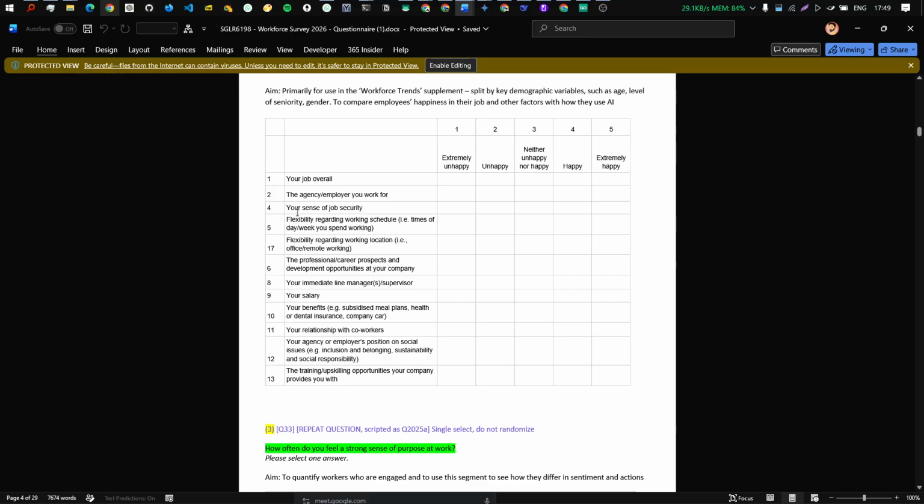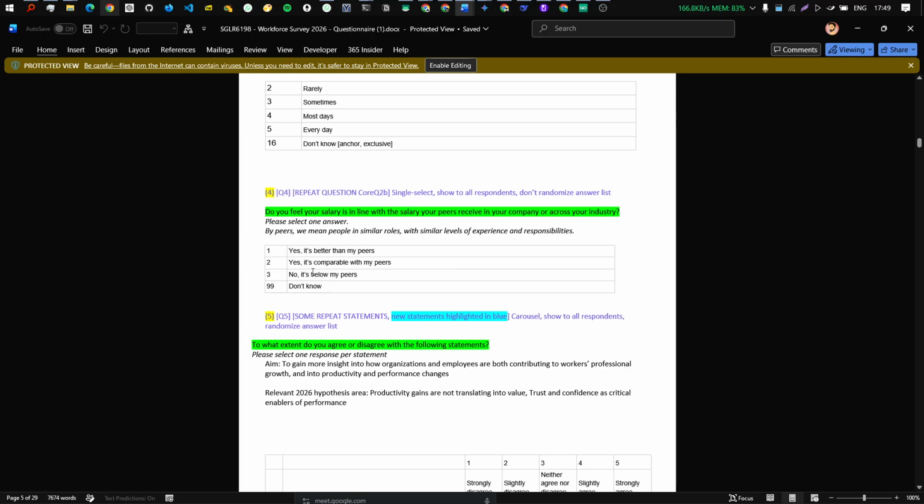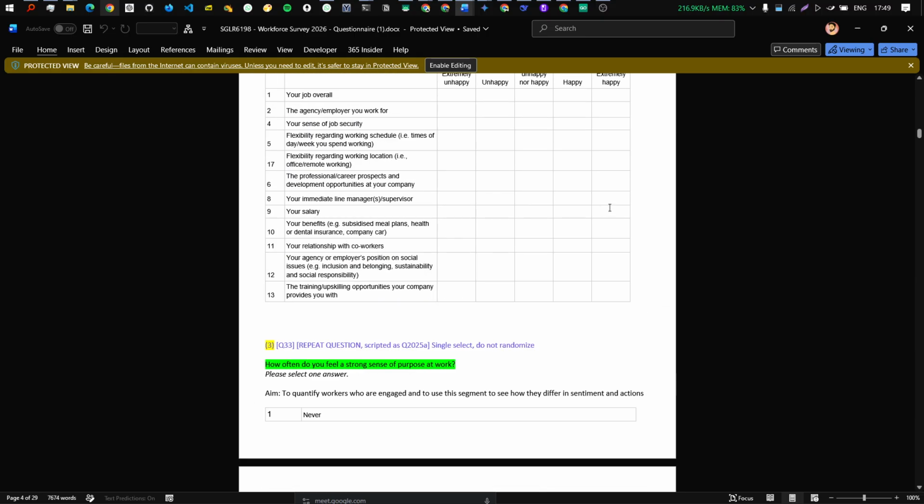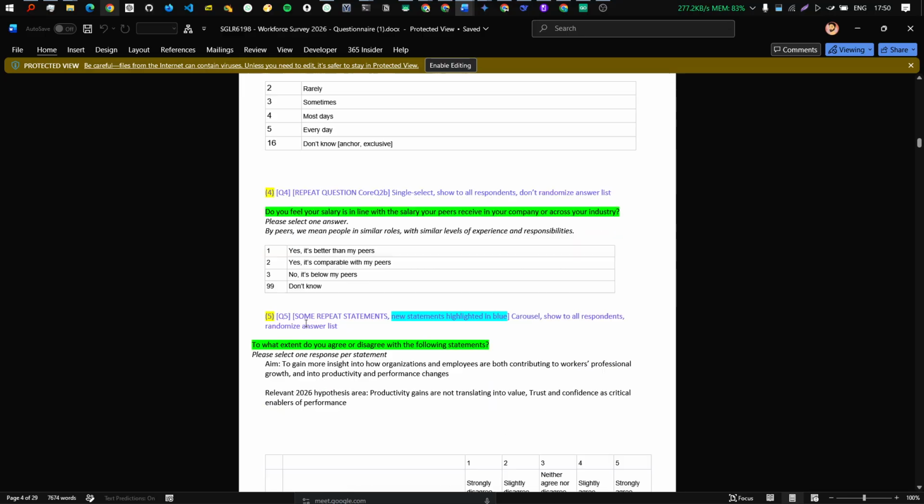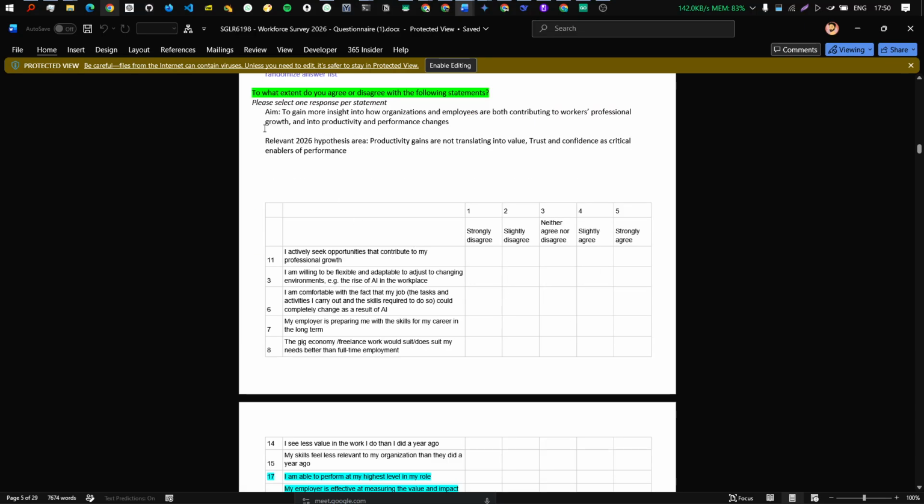एक आधा आप नीदर हैप्पी नॉर अनहैप्पी में डाल सकते हो, बट ये भी ध्यान रखना कि अगर आपने यहाँ हैप्पी लिखा है कि जस्ट लाइक द एजेंसी एम्प्लॉयर वर्क फॉर यू, आर यू हैप्पी विद इट, इसमें सैलरी के लिए भी होगा, योर सैलरी यू आर हैप्पी, आपने लिखा है। बट अगर आपने नीचे आके सिंगल सिलेक्शन में, डू यू फील योर सैलरी इज इन लाइन विद द सैलरी योर पीयर्स रिसीव्ड इन योर कंपनी और अक्रॉस योर इंडस्ट्री, अगर आपने यहाँ नो सेलेक्ट कर लिया, यानी थर्ड नंबर का पॉइंट, तो ये थोड़ा सा कॉन्ट्राडिक्ट कर जाएगा, क्योंकि आपने ऊपर तो कहा कि आप सैलरी से बहुत खुश हो, लेकिन नीचे आके कह रहे हो कि अपने पीयर्स की सैलरी से आप खुश नहीं हो। तो ये चीज़ आपको मेंटेन करके रखनी है कि कॉन्ट्राडिक्शंस ना आएं।